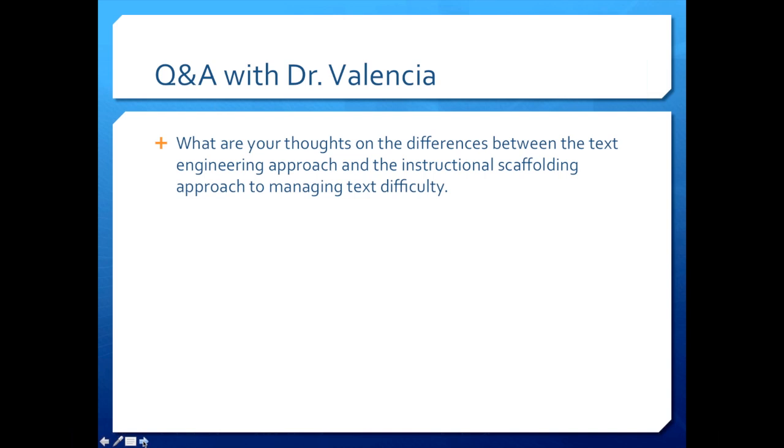I think that's one of the beauties of thinking about text-task relationships, that you can make difficult texts more accessible by framing the task more clearly, by framing it more narrowly, by changing the orientation to the same text for a variety of kids. And the alternative, I think, is useful as well, and that is to support kids where they are and to keep shifting that level of text difficulty.